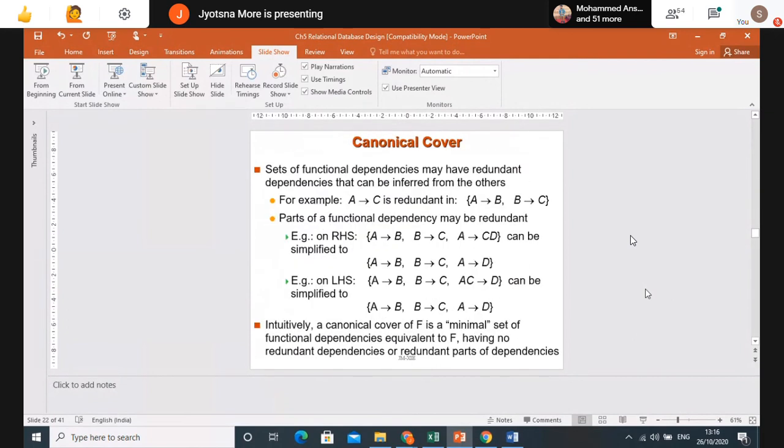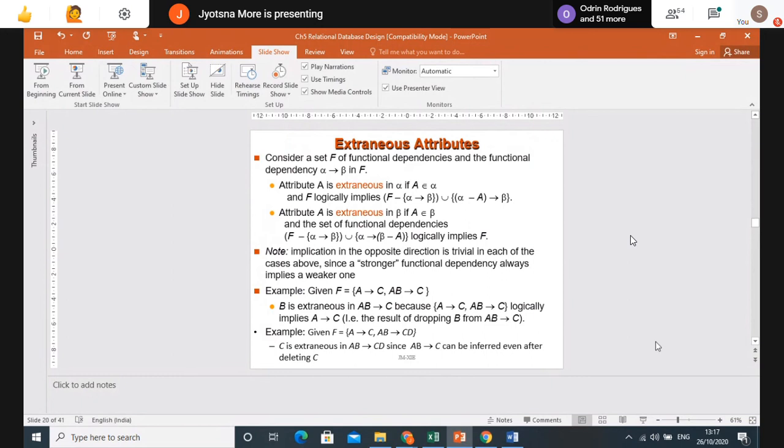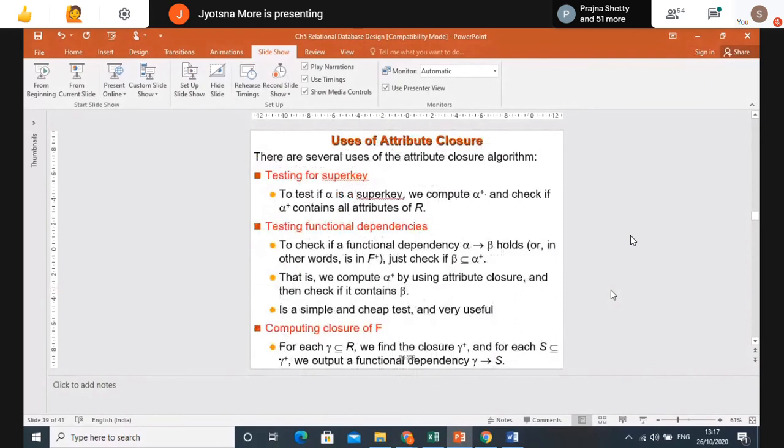And then we'll continue with canonical cover, because for these we again require finding the extraneous attribute. So I'll stop here right now. Any doubt about what we have covered till now? For the extraneous attribute I will add it again, so I will not explain it right now, or else I can explain, but that will be based only on this. Any doubt till now?